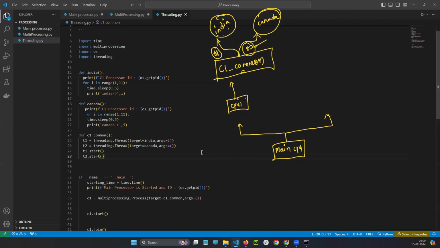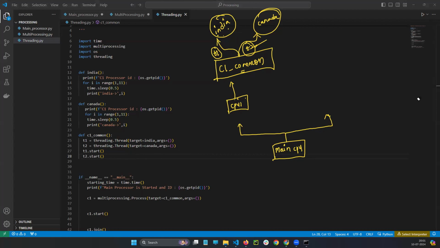In my home, I'm calling 2 people. So one person is doing one work and another person is doing another work. Simultaneously, they are doing the work. But for one of the persons, if I give more work, it means at a time he can't do it. For example, 2 people are there.